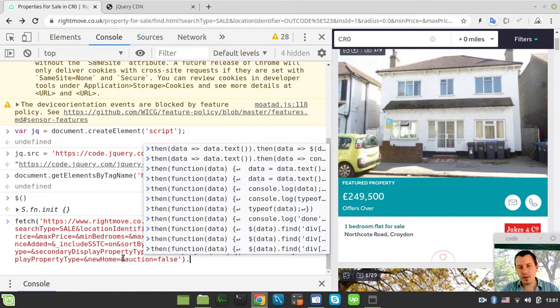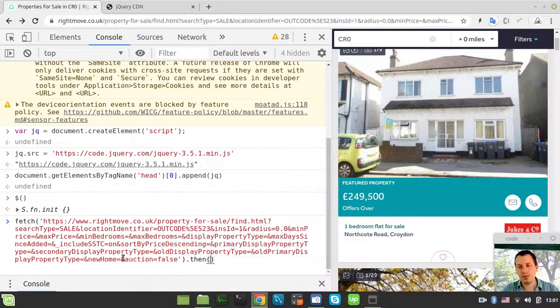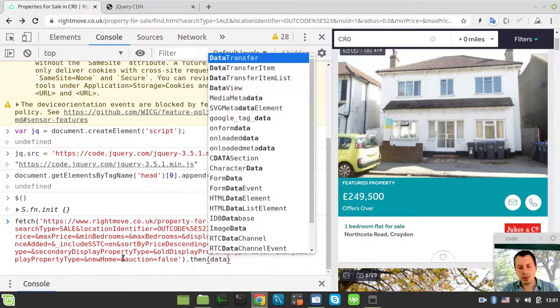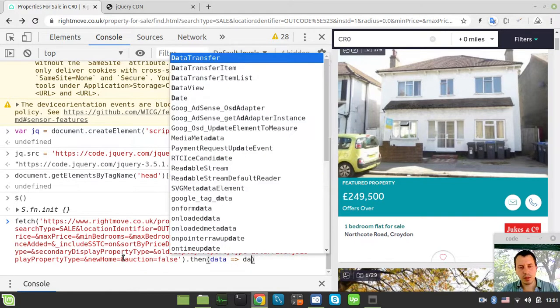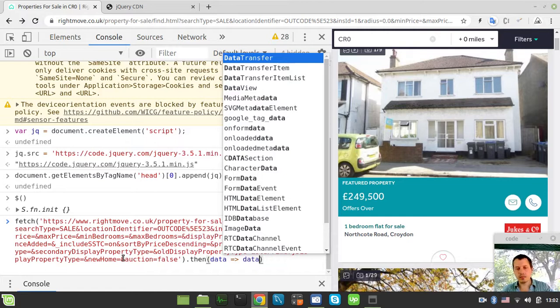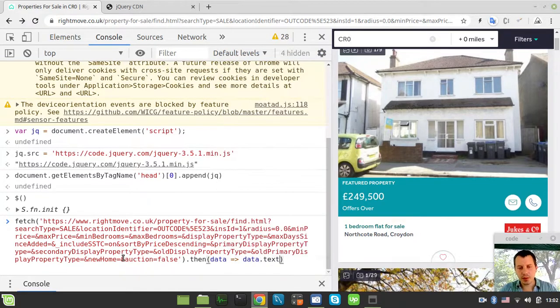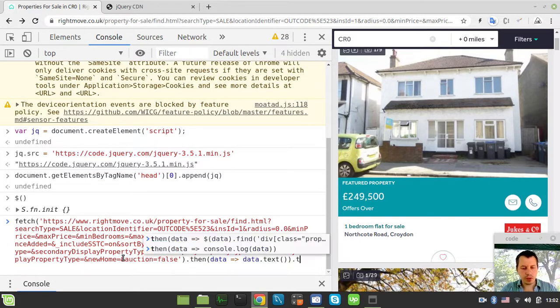The fetch method is some sort of a promise, so we need to use the then method in order to make sure that we're working with a response that was retrieved asynchronously. So here I will be using the arrow function definition for simplicity. So we're passing the data argument, and we want to return data.text, so we want to extract all the textual values here, and then,